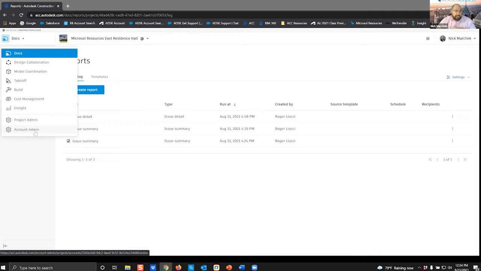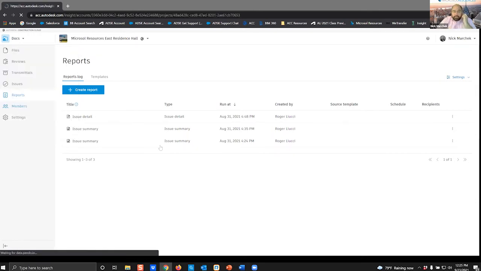The admin functions are exactly what you would assume: project management, site management, user management, as well as folder permissions to control visibility into what you're housing on your site. With Account Admin being the one that focuses on the entire site, and Project Admin providing admin controls on a project by project basis. The Insight tool is a dashboard that you can customize and track the information housed in